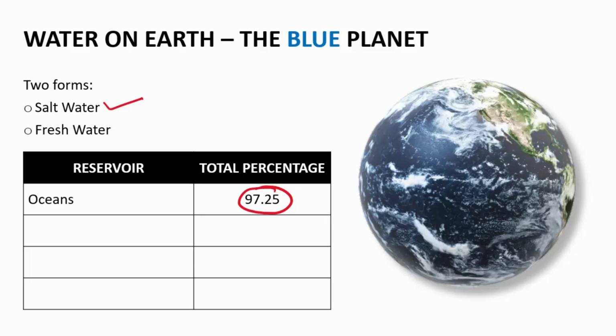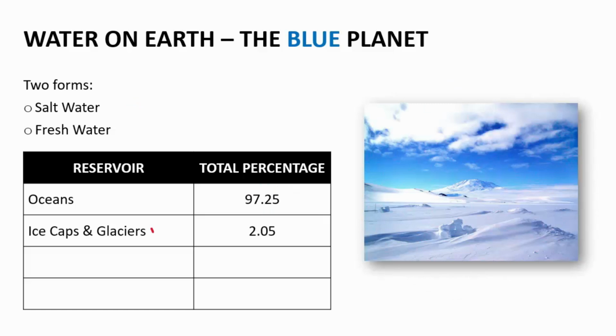The next natural reservoir which holds the maximum amount of water is ice caps and glaciers. Ice caps and glaciers hold 2.05% of the entire water which is present on our planet, and that too in frozen form. So water is in the form of ice, in solid state. Also, it is to be noted that ice caps and glaciers are the largest freshwater source of water. They can release their water when the ice caps or the glaciers melt. It can go directly into the oceans in the case of the Arctic, or it can also be in the form of rivers. They can also be the source of freshwater rivers as well.